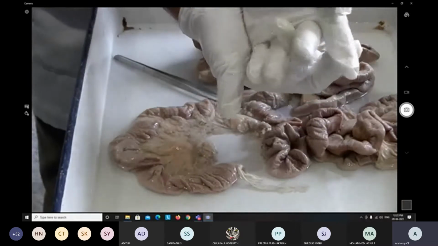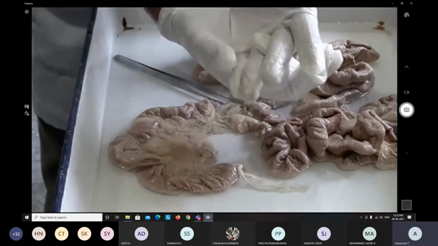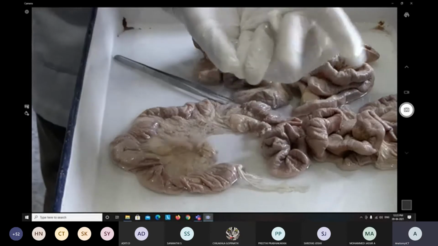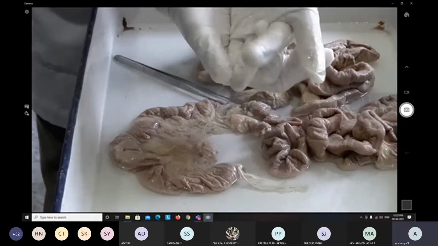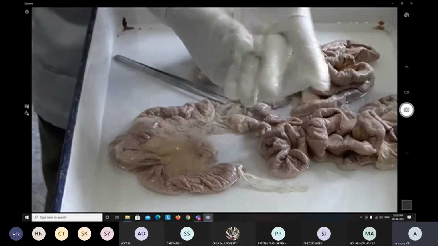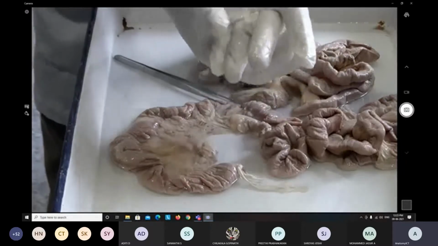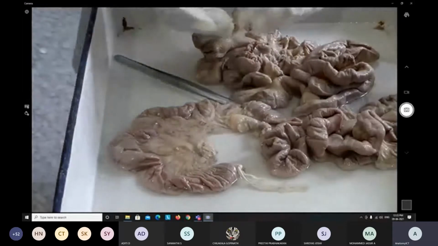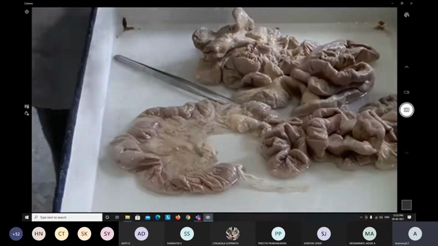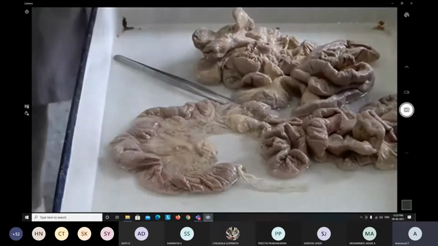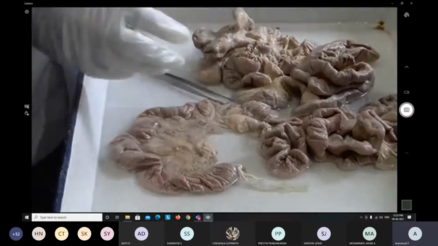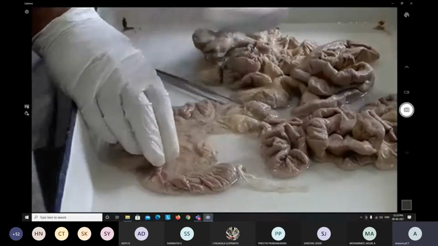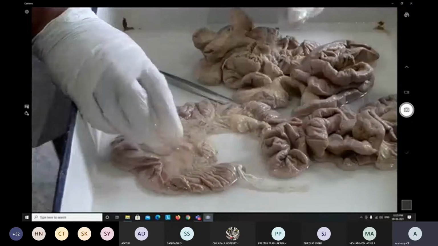When this papilla opens, this fold of the intestine closes whenever the contents regurgitate, when the content goes back. The folds, which we call rugae or intestinal folds, close, so they play a role of sphincteric as well as valvular action. To understand that mechanism, when we come to the department we will show in detail how the intestinal wall forms the valve to prevent regurgitation of the duodenal content into the pancreatic and bile duct, right?